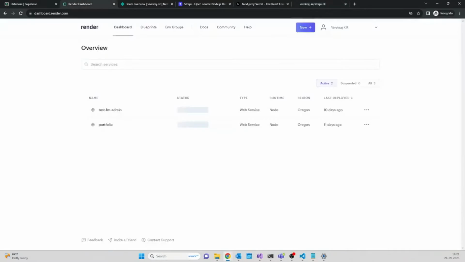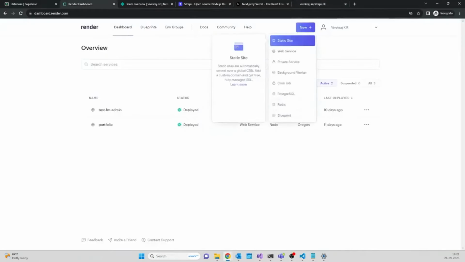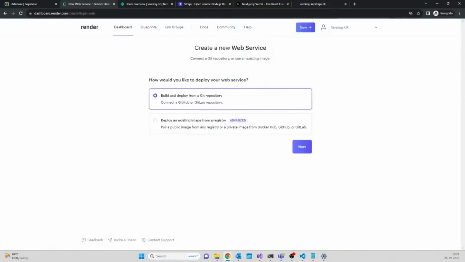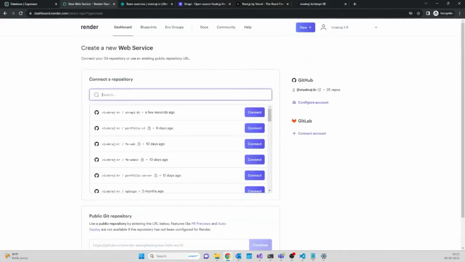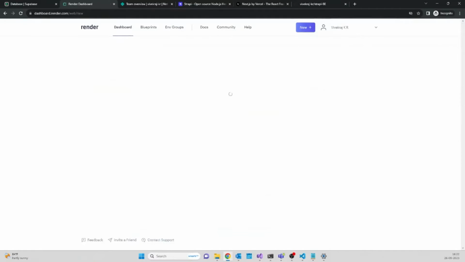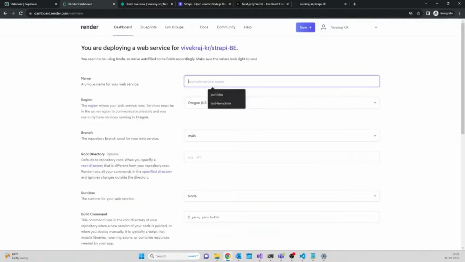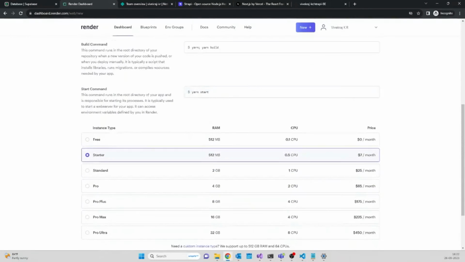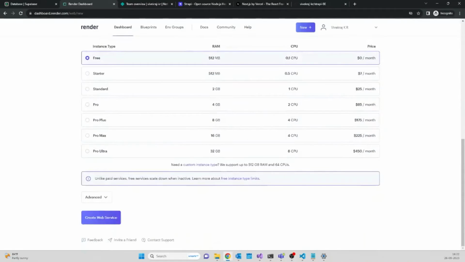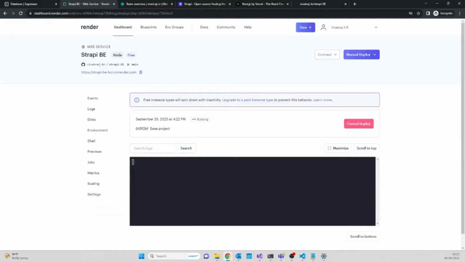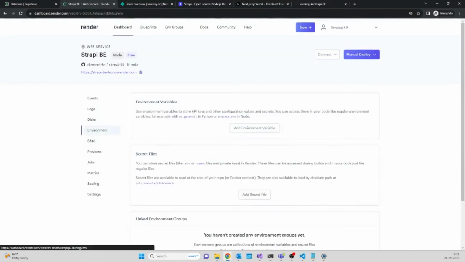Now if I go to Render, let me create a new web service from Git repository. So here it is showing up the latest push. I'm connecting it from here and naming it Strapi backend. Leave everything, I'm going to choose free. Create web service. Yeah, the web service is ready and it is trying to deploy, but definitely we have to update